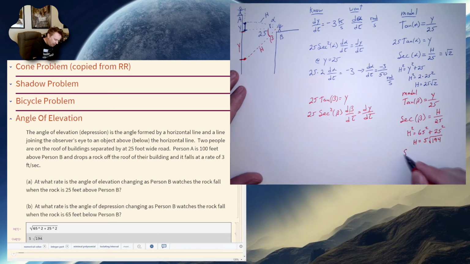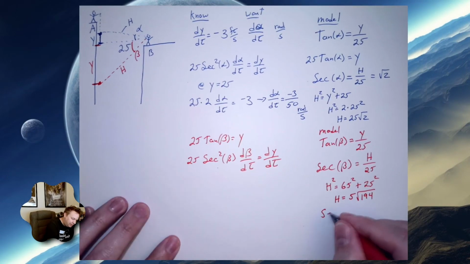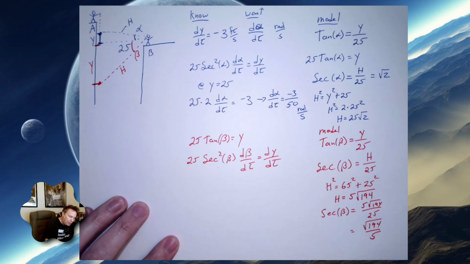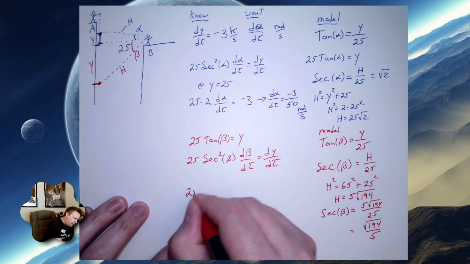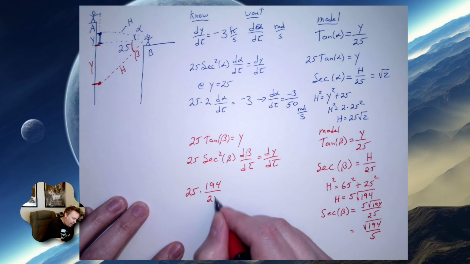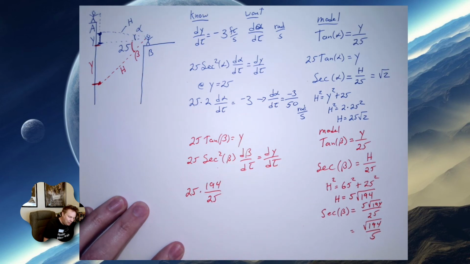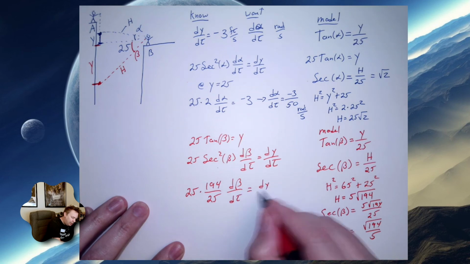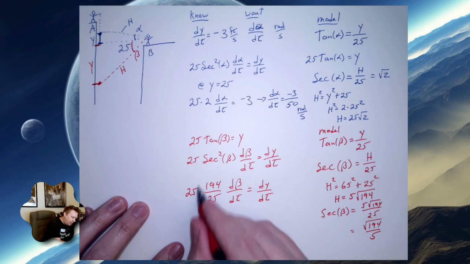So secant of beta is 5 root 194 over 25. Or I can say root 194 over 5. But I'm going to square this whole thing when I put it in here. 25 times this thing squared, 194 over 25. Oh, that's really nice. The 25's cancel. Times d beta dt. And that's equal to dy dt. These are going to cancel. So d beta dt